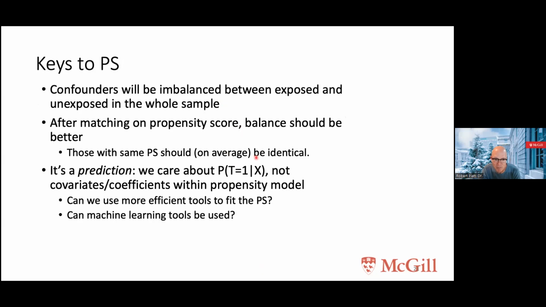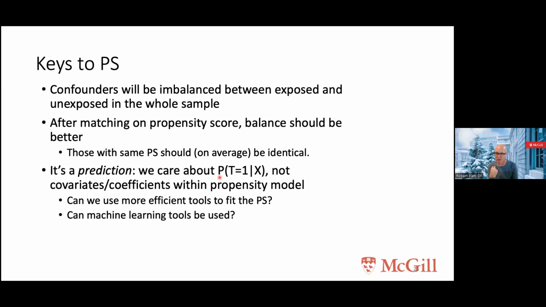I've talked a little bit about this first point here. On average, people with the same propensity score should be identical, and all we really care about is the propensity score. The key point on this slide, though, is this second point, that the propensity score is a prediction. I care that my propensity score is 0.3. I don't care about how my age affected my propensity score. Maybe I do for sensitivity analysis purposes or diagnostics, but in terms of the model itself, all I care about is that my propensity score is 0.3.